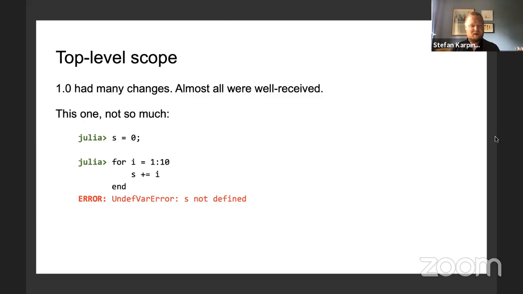Okay, well, why does this not work? Well, it's obvious to us looking at this little bit of code that this ought to update S. But coming up with language rules for these things that work well in all cases is not so simple. We used to use a heuristic for this in pre 1.0 that worked pretty well, but it actually caused a lot of bugs because sometimes these statements are pretty far removed from each other. They might be in different files.